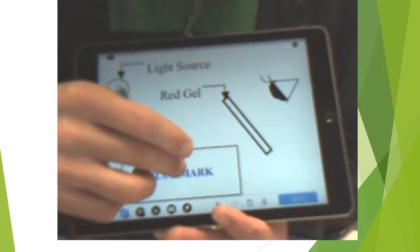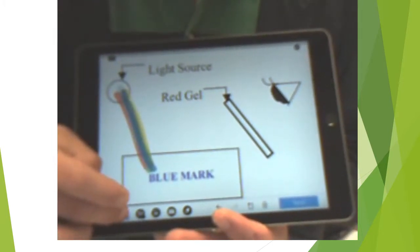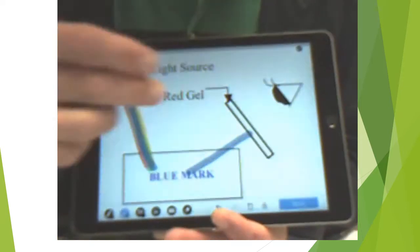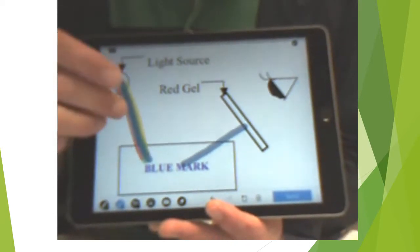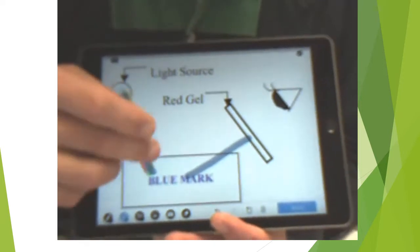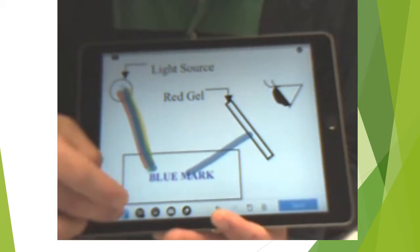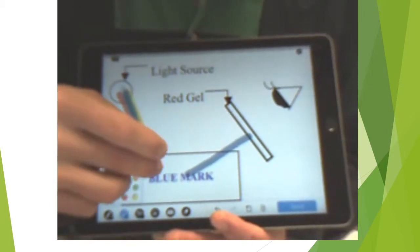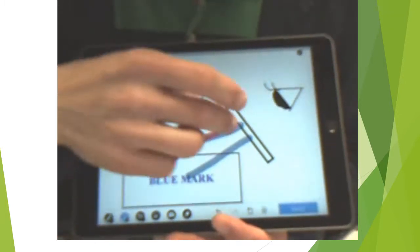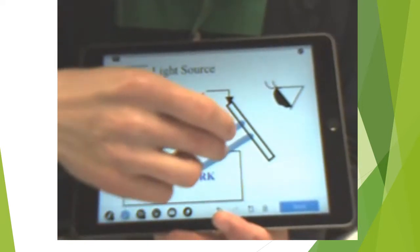Now, from the blue mark, what's important is that even though all the light is hitting the crayon area, the only light that's not being absorbed, that's actually being reflected, is blue. So where the crayon is, all the colors are absorbed with the exception of blue. With the white paper area, the important thing is that all the colors get reflected. And so all the colors wind up going, I could draw them all out if I want: red, yellow, etc. The important thing to realize is that now you've got blue light coming to the red